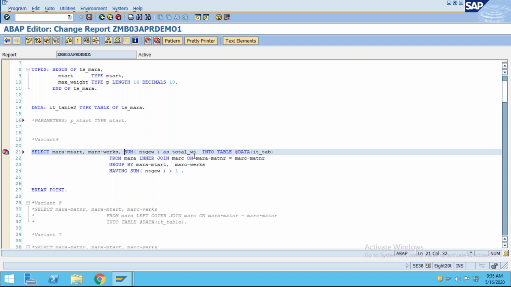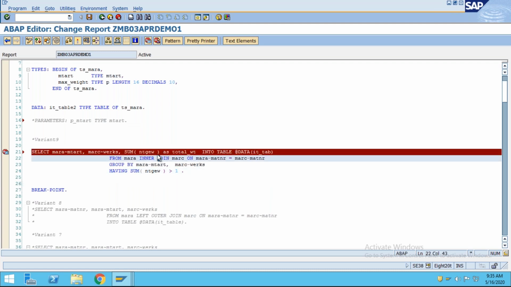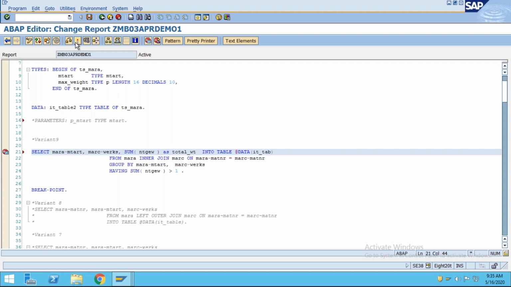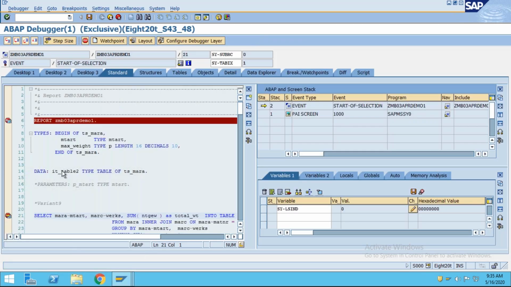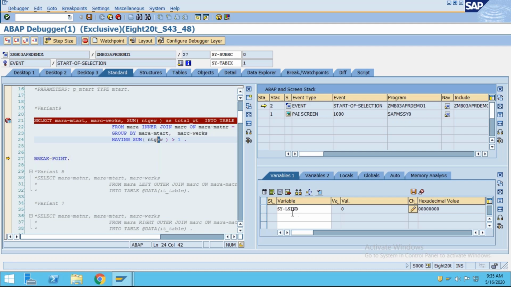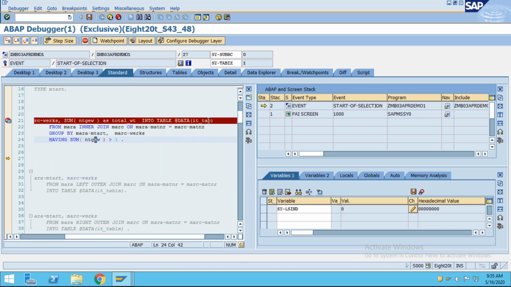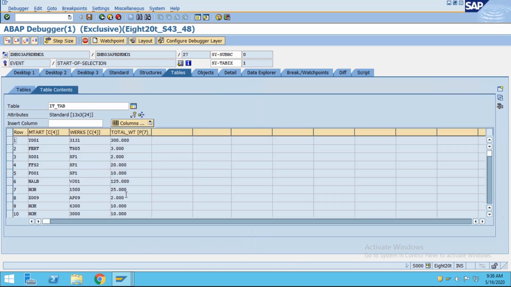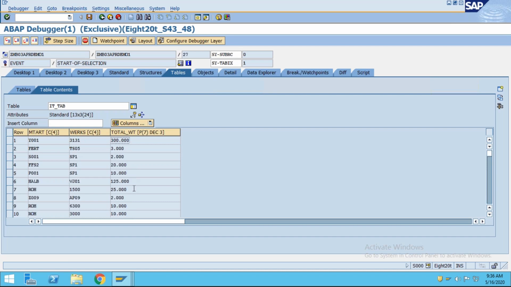And that's fine, total weight is okay. Now activate this, press F8 and press F6. Come over here into this IT underscore tab, double click over here, and you can see all the data is greater than 1. Only greater than 1 you will be able to see.